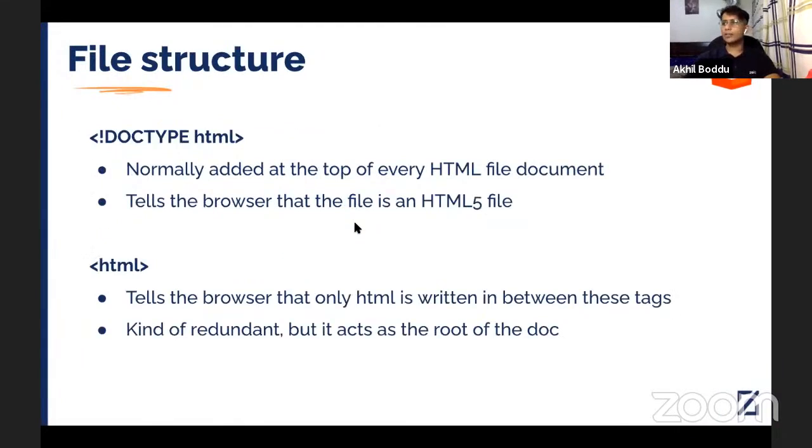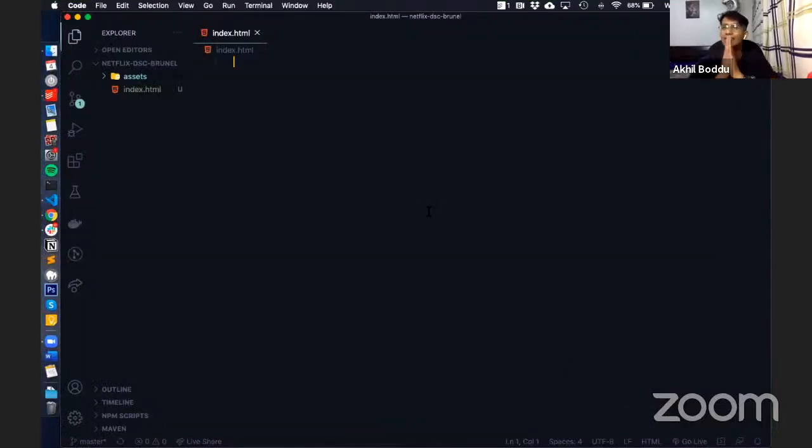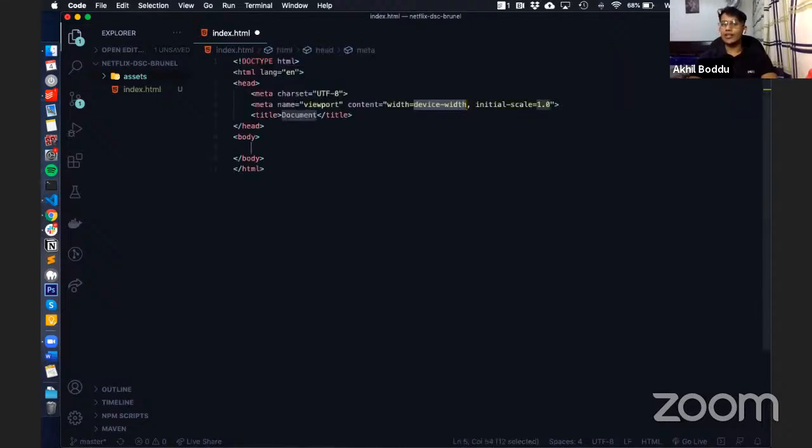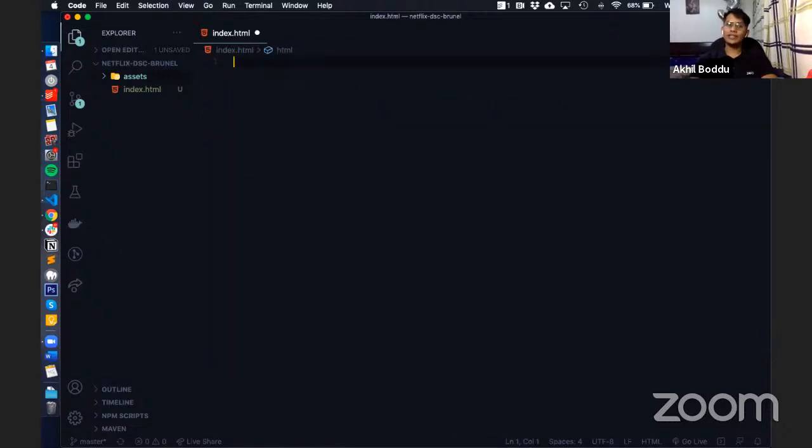Awesome. So let's talk a little bit about the file structure in HTML, okay? The reason why I really emphasized you downloading VS Code is because you can do some really cool stuff. For example, I'm just going to type an exclamation mark over here and hit enter. And you can see that it's generated some sort of template code for me. What I basically did, just to repeat, I typed an exclamation mark, and then I got these options over here